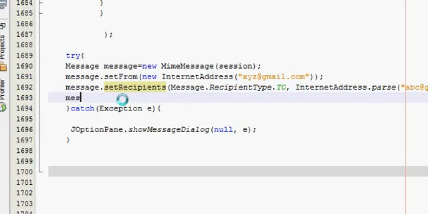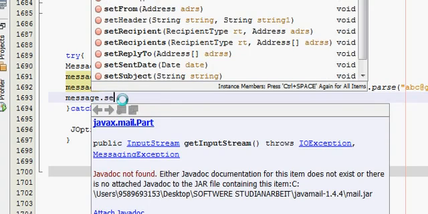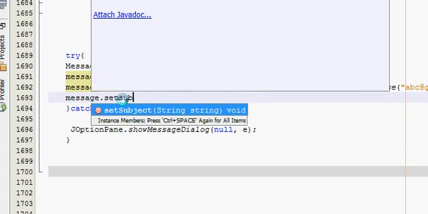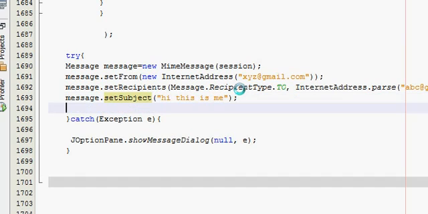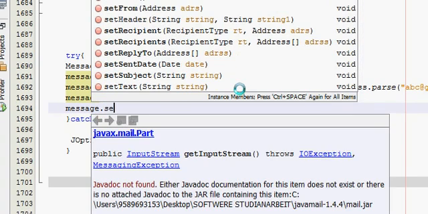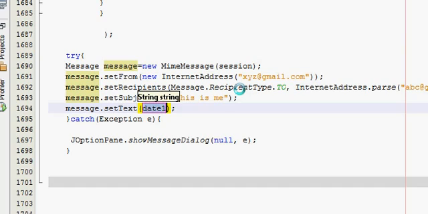Now quickly set your subject, and your subject may be hi, this is me. This can be your subject, and then you will write the content of the message dot set text,